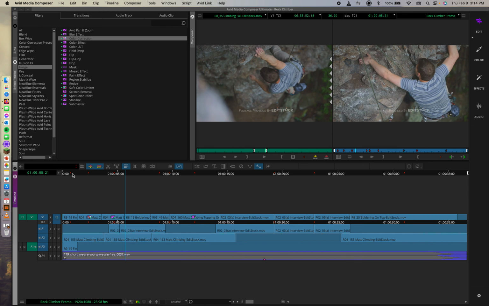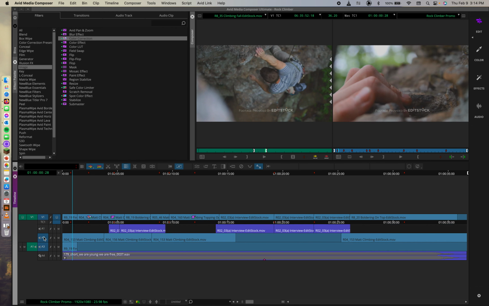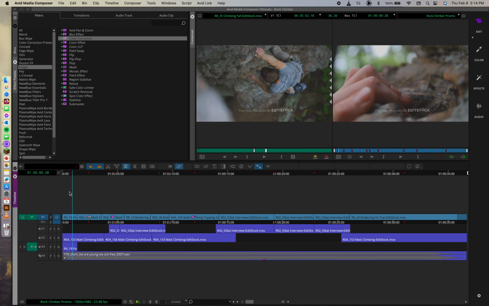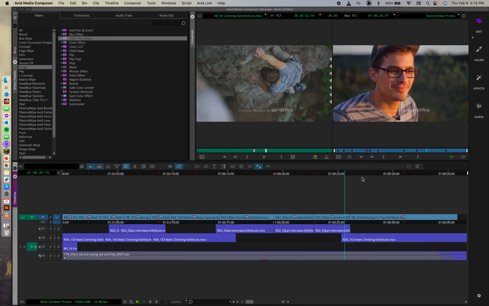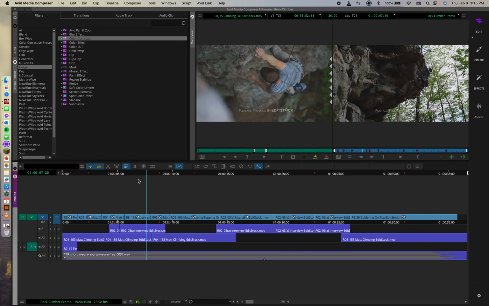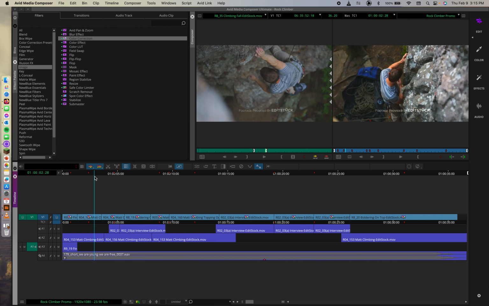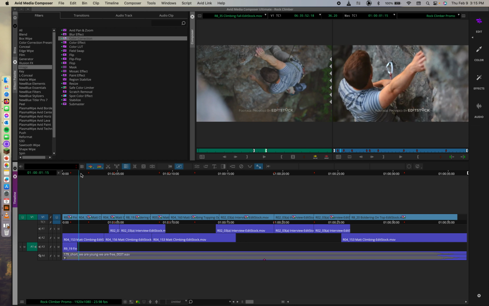We could also, I don't know why everything's already selected. Let's disable some of our track selectors here. We could also drag, select, and lasso. So we could lasso all these shots, and then they're all selected. We could double click the color correction, and it's going to take a second, but boom, it adds a color correction to all of our shots. So now they all look just a little bit more clear, a little bit crispier, and that's great. That's all good and dandy, but we have to understand that there are some limitations to the